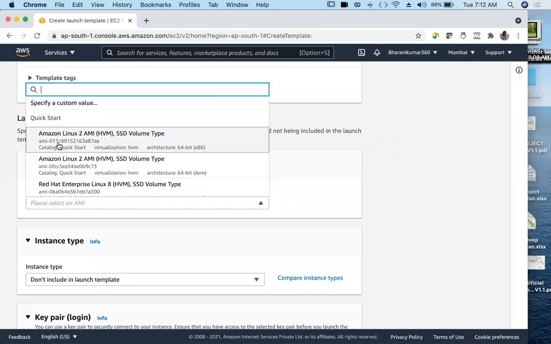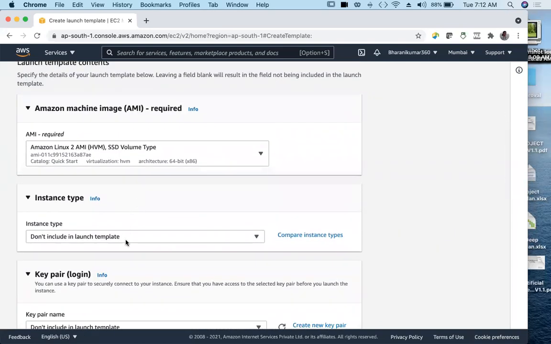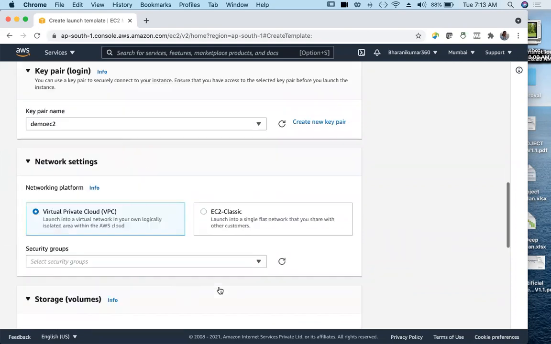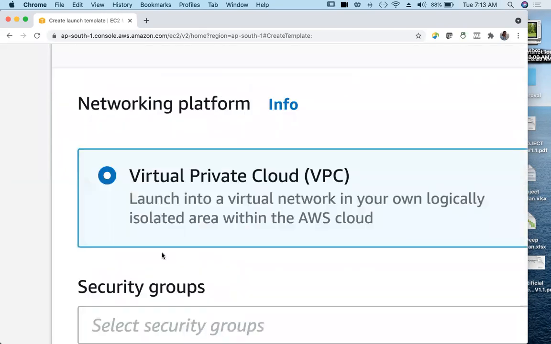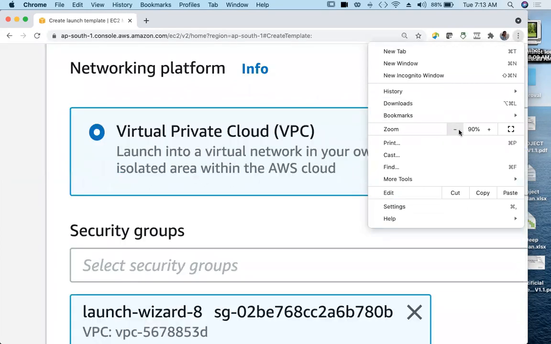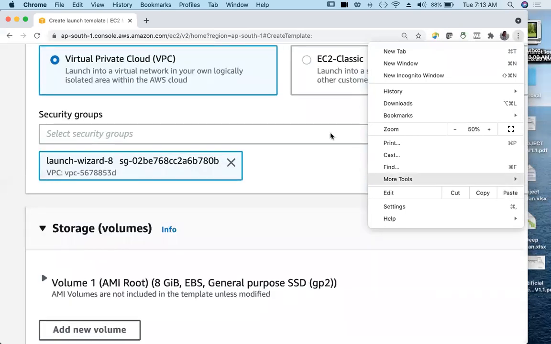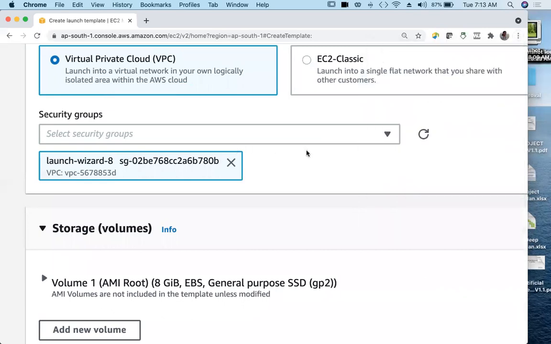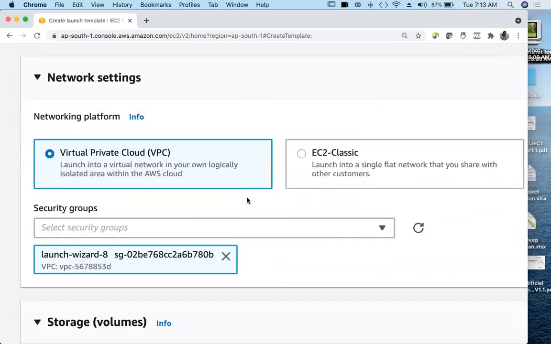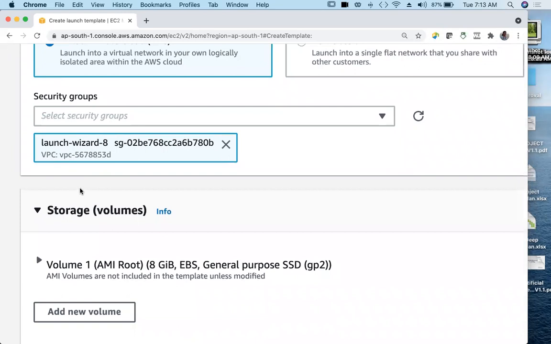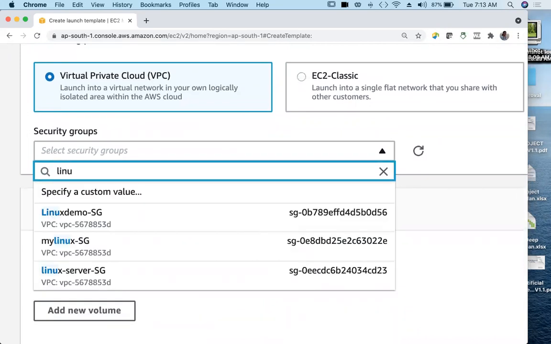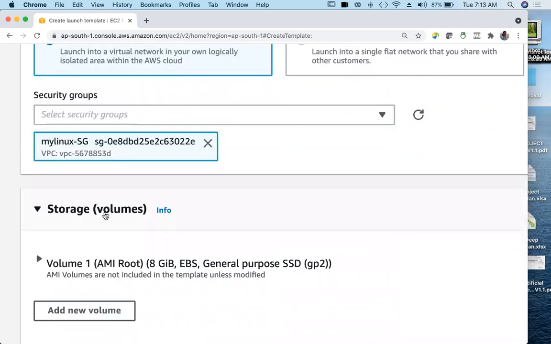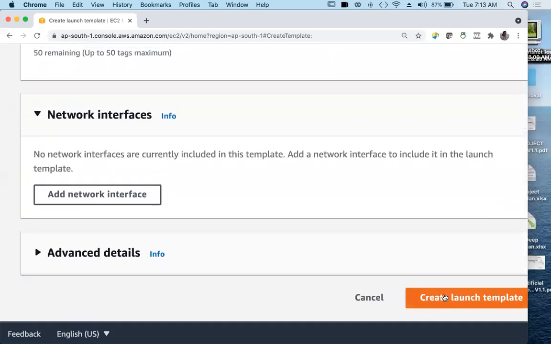So let us use this Amazon Linux 2 AMI only. And network setting VPC. And create launch template.